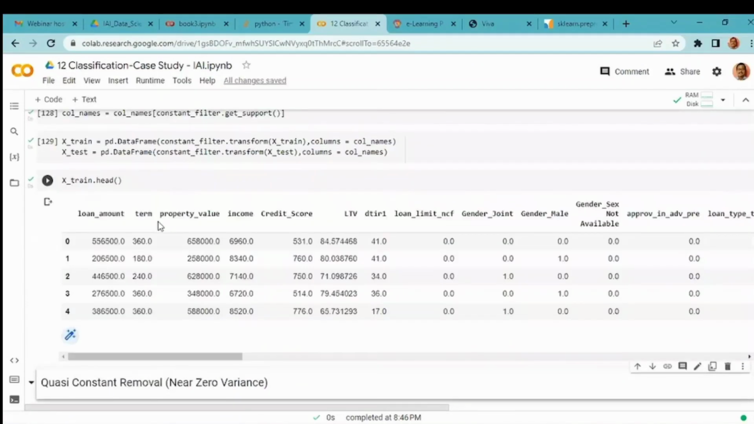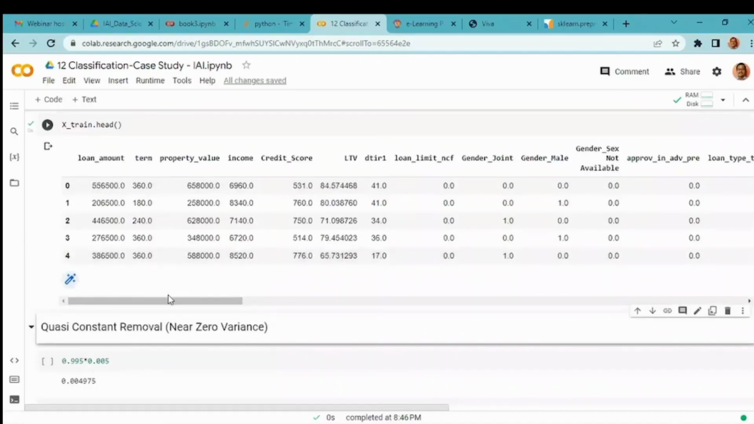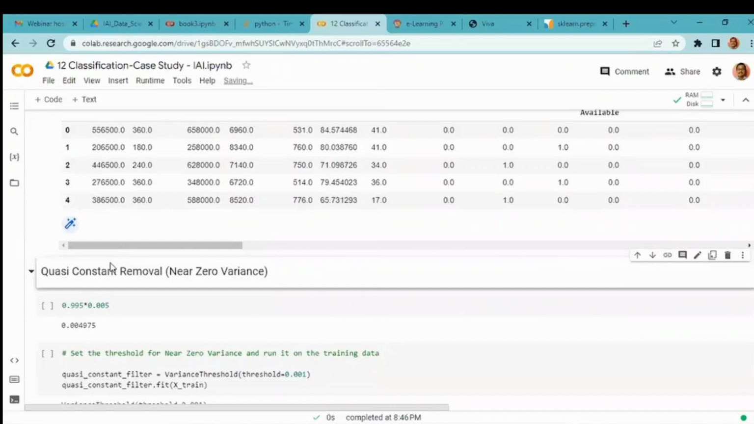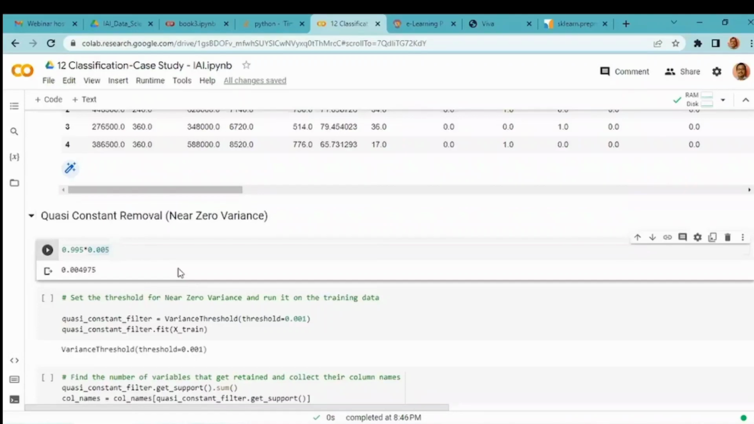Right? So we have all the columns being retained. Which means we'll now move to the second mechanism, which is otherwise called near zero variance or a quasi constant removal. So generally, what is the way you can look at it is, even if